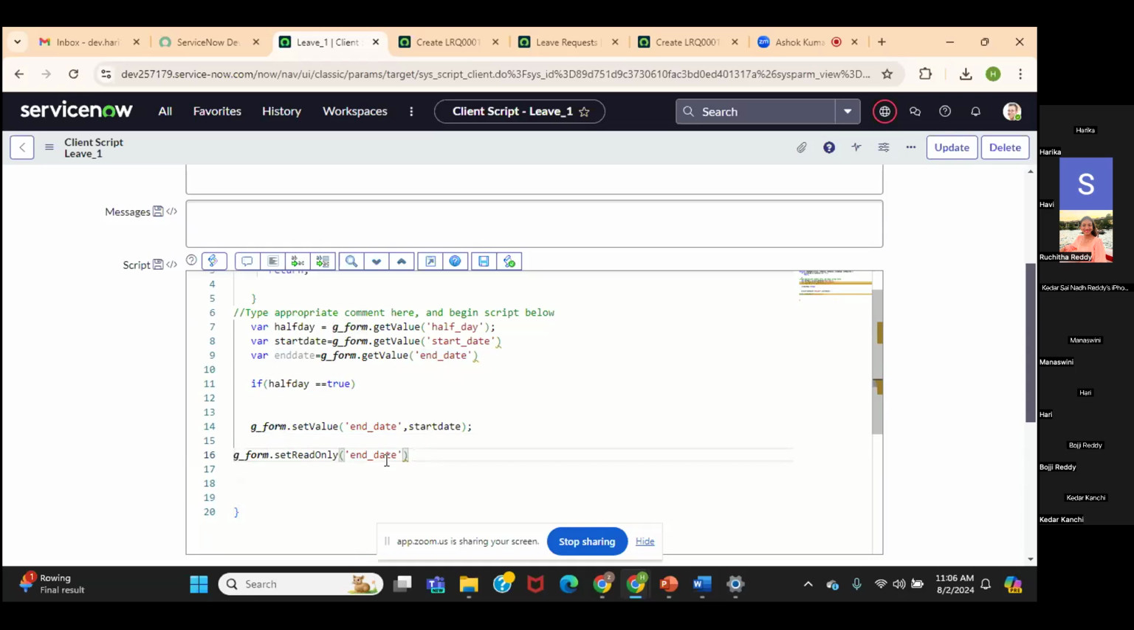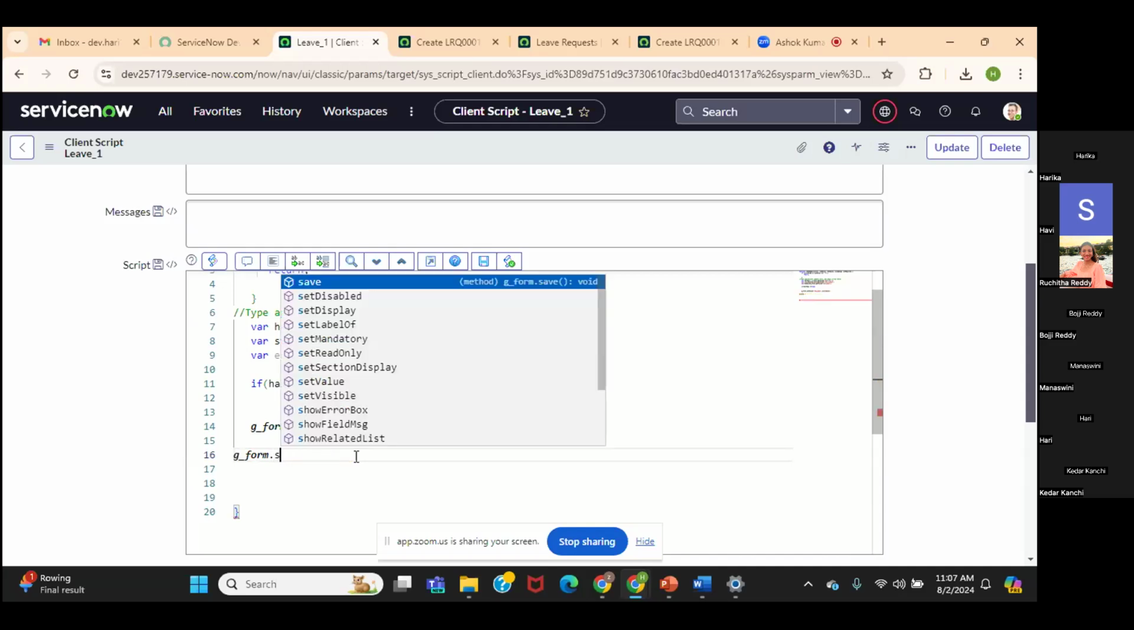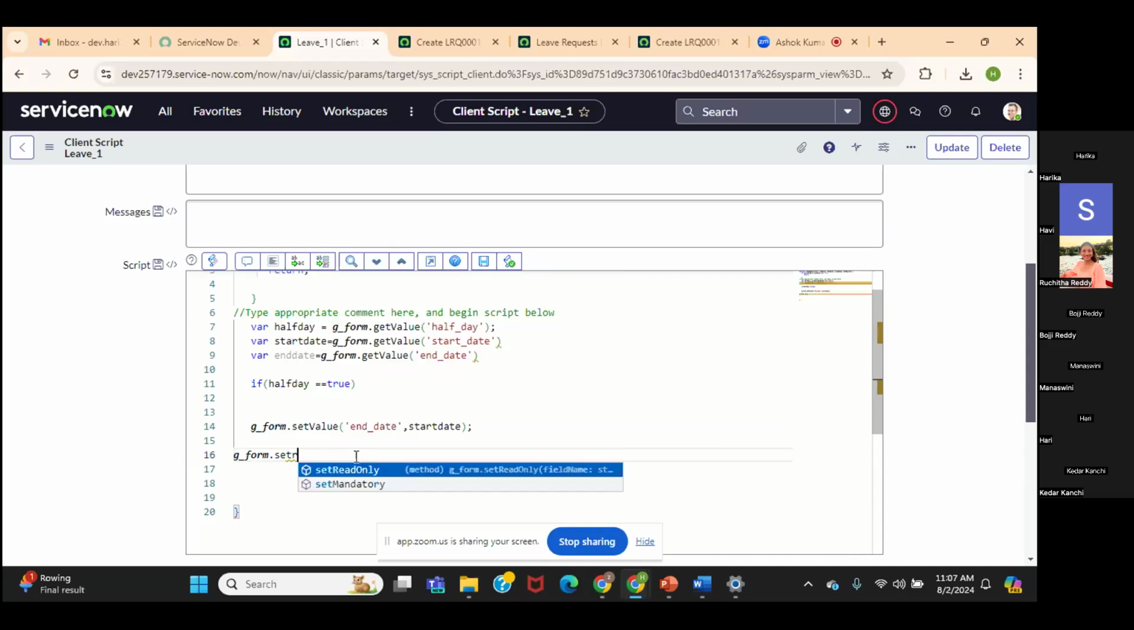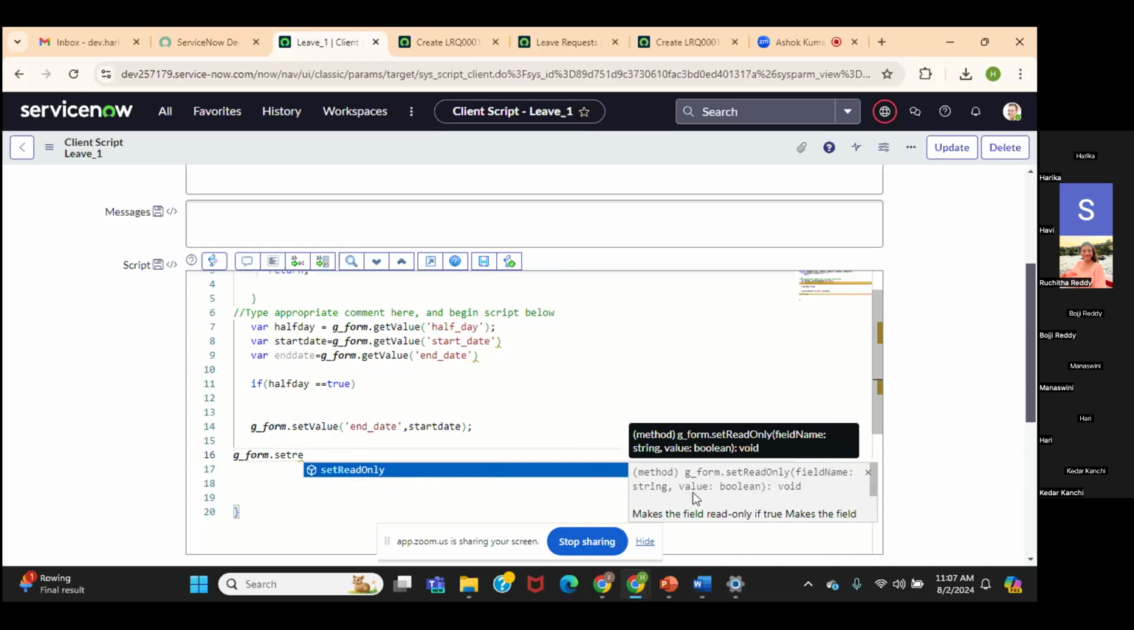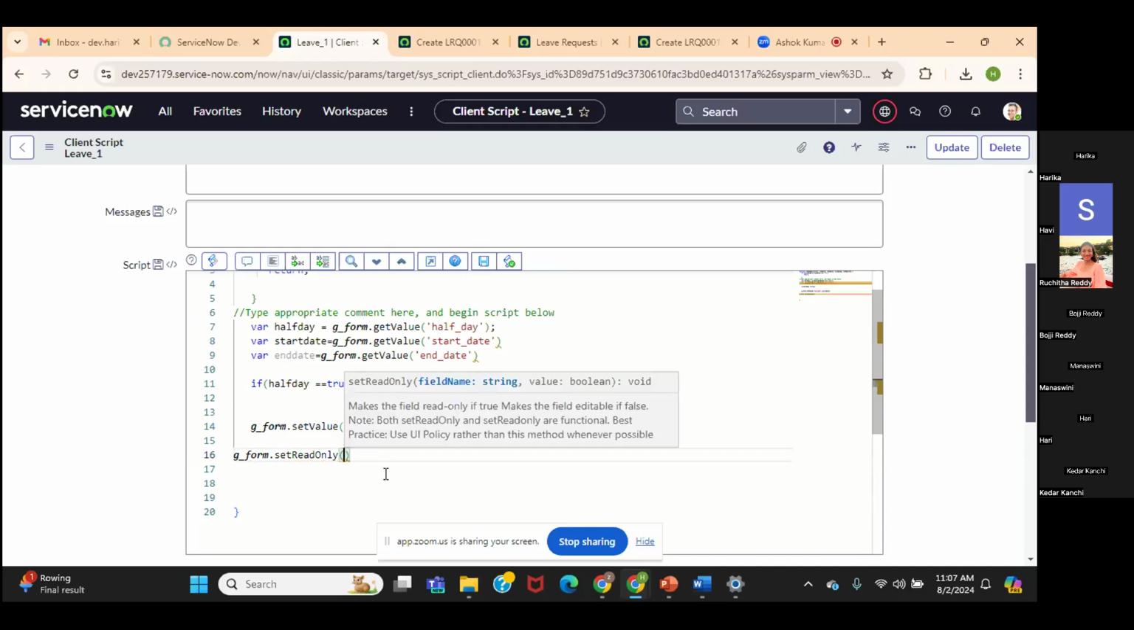Oh, okay. Here it is saying, if I do field name, yeah, okay. Same like